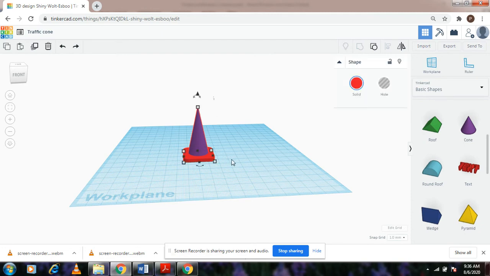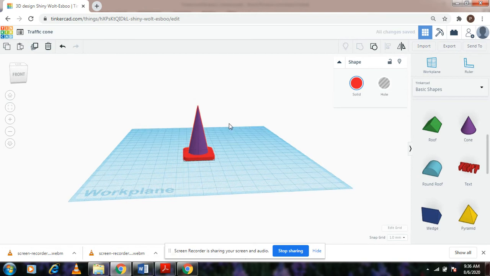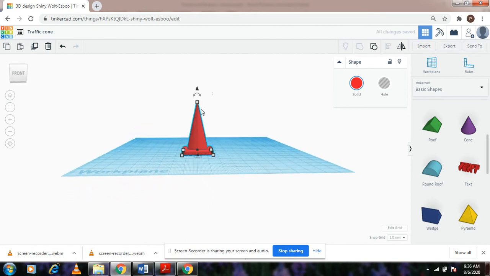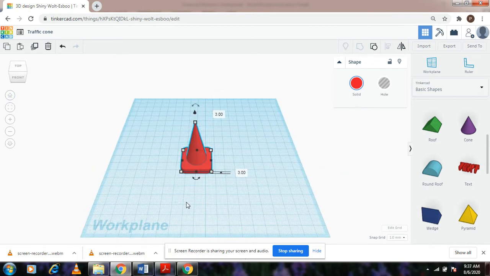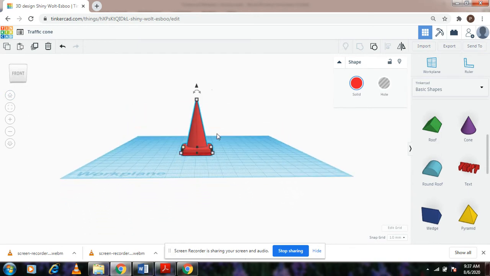Okay, so let's go ahead and duplicate this shape. I'm sorry, let's hit duplicate. After hitting duplicate, there will be one more shape present at the exact place that this one is right now. So I am going to lift it up a little using this triangular option that is present here. I am going to lift it just the right amount, so that the cone that is below will get subtracted from the cone that is above, and thereby making the cone a hollow one. So using this triangular option, I have lifted my cone up a little.